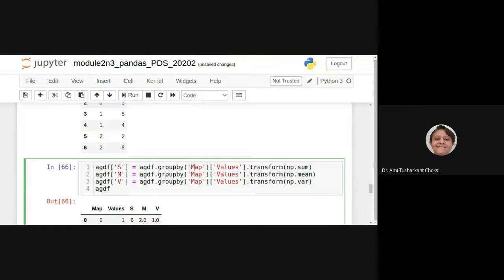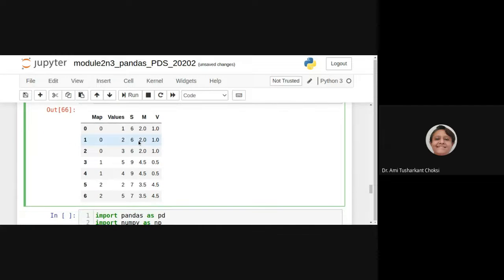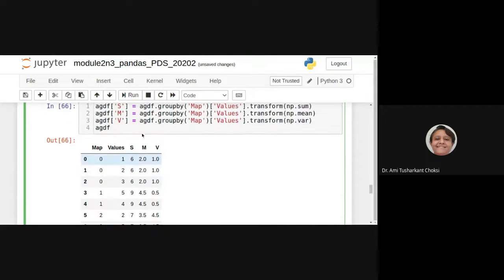So we group by map, and then for values, we want to group by map, then transform the values column.